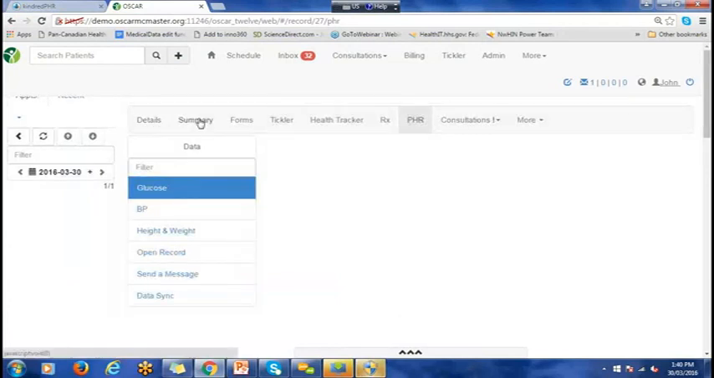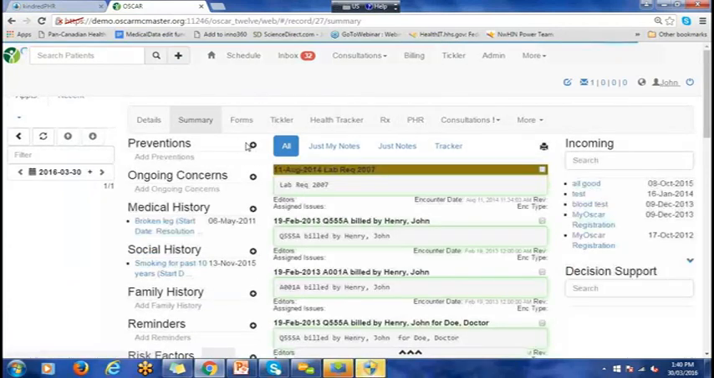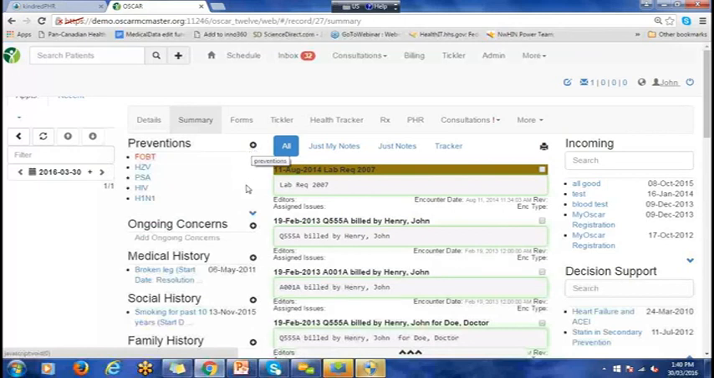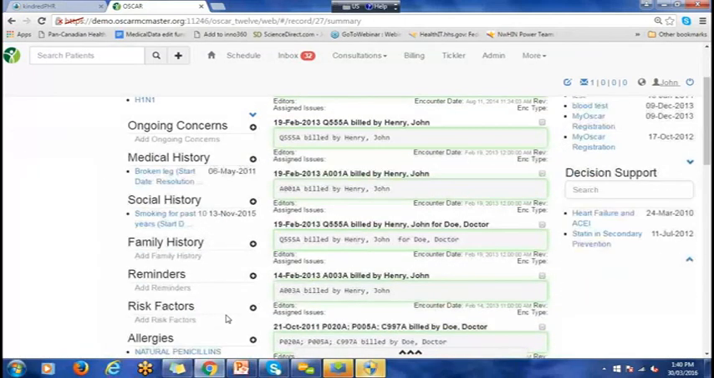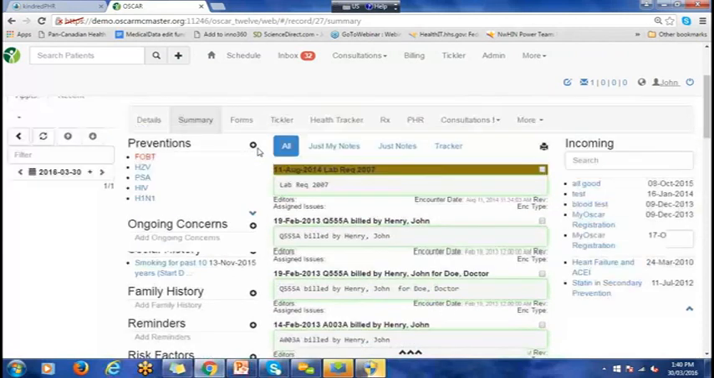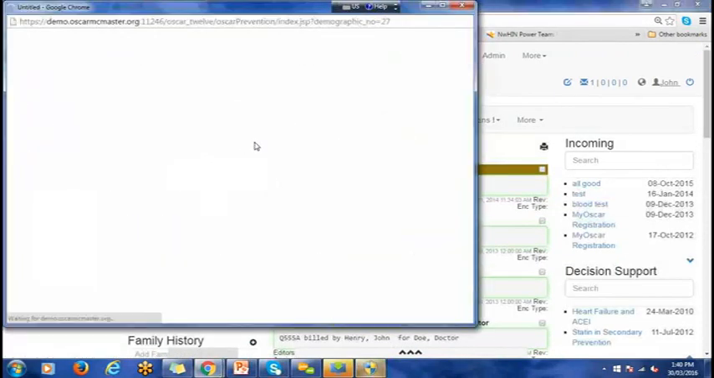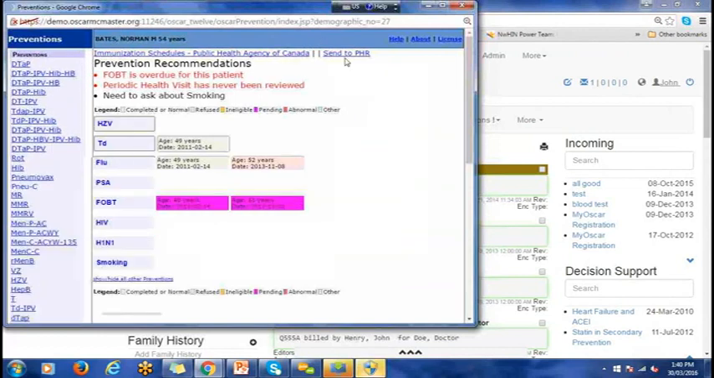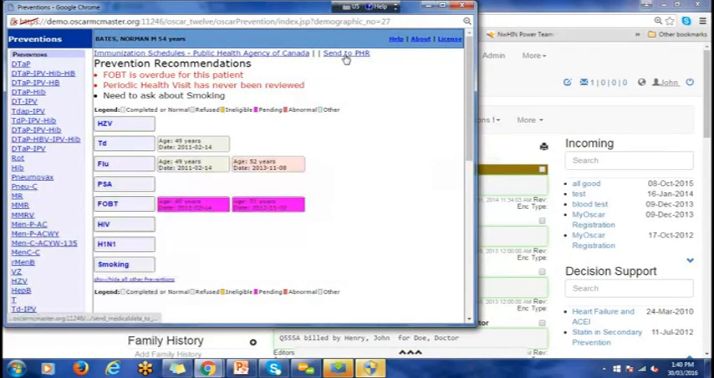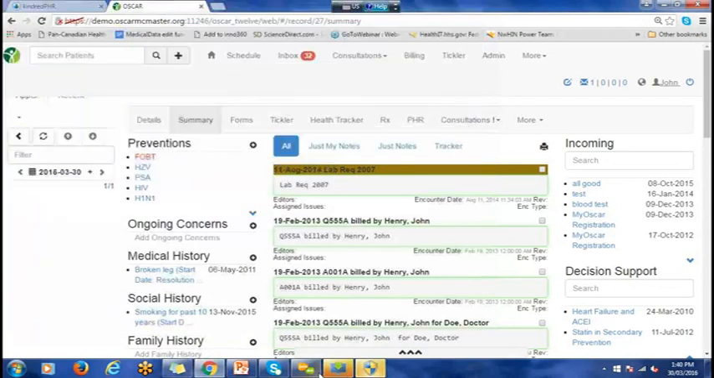And then going back into the patient summary, all of the preventions and all of the other areas are retained. So for example, if I click on preventions, it will launch me to the screen that I had originally shown of the ability to send this information into the PHR, and all the other touch points are retained. So I just got another question, and the question is,